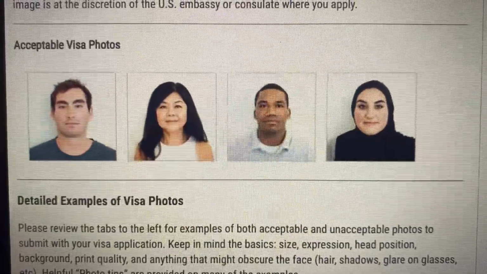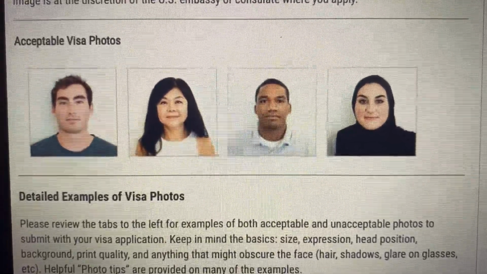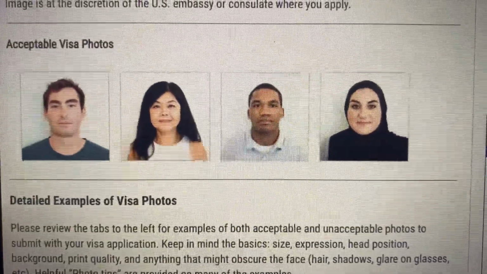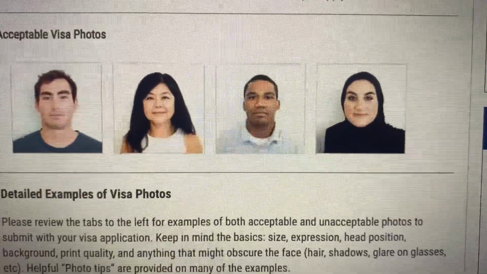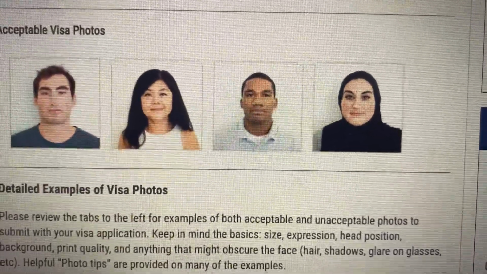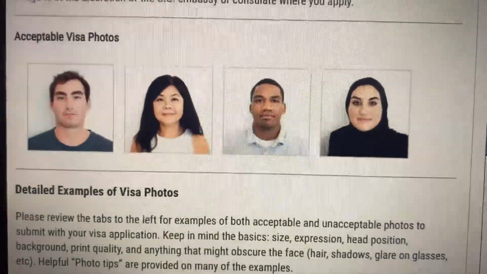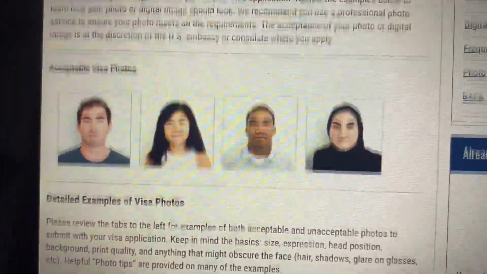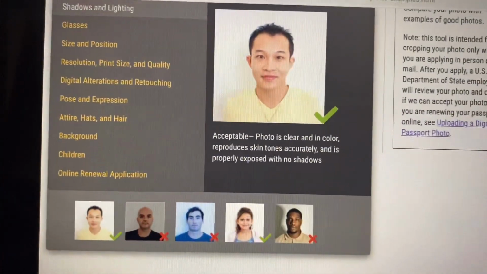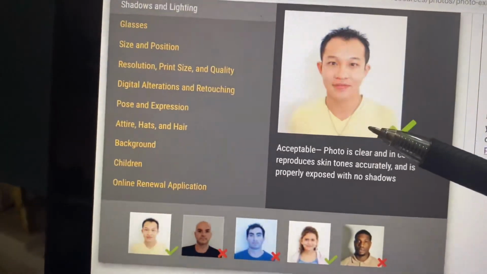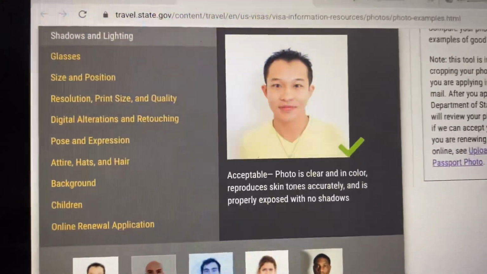You cannot use black and white, and there should not be any shadows or extreme editing on these pictures. It needs to be in the natural state. These are the accepted visa photos, and it needs to be 600 by 600 and 51 by 51. So look at this guy, his picture, white background, colored, and that is the acceptable